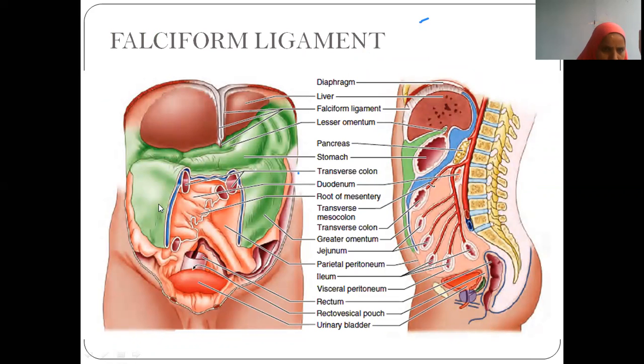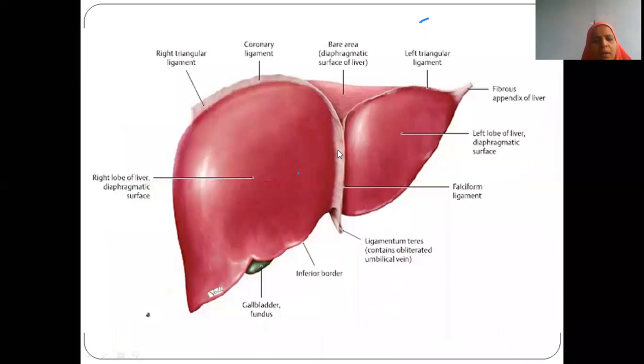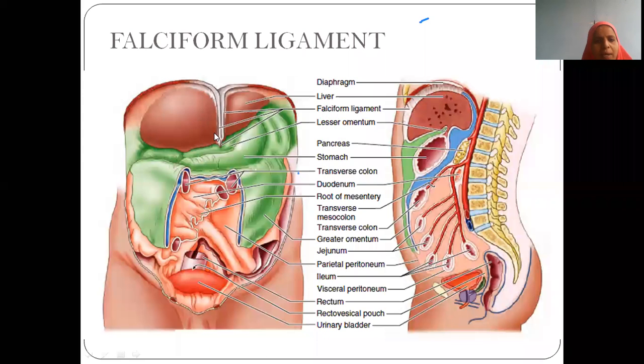Okay, this picture is actually showing how the peritoneum is moving. This green layer is all greater omentum, 4 layers of greater omentum. Behind we have mesentery. In front of this green area is all greater sac. This bluish area behind is lesser sac. This fold is mesentery. We have done so much in fact. So this ligament between the 2 lobes of the liver, which is just forming.